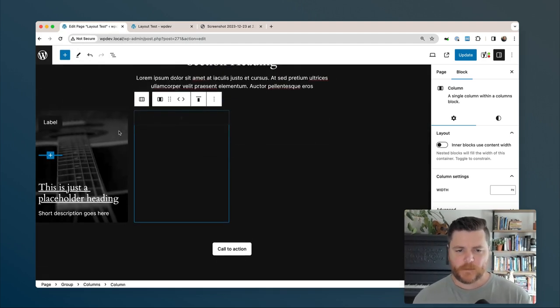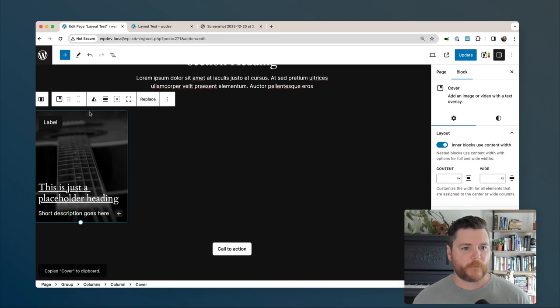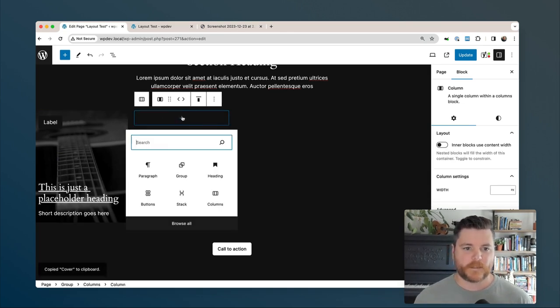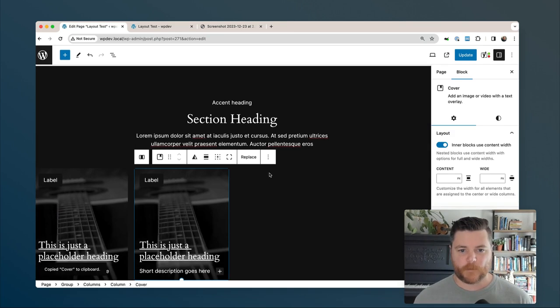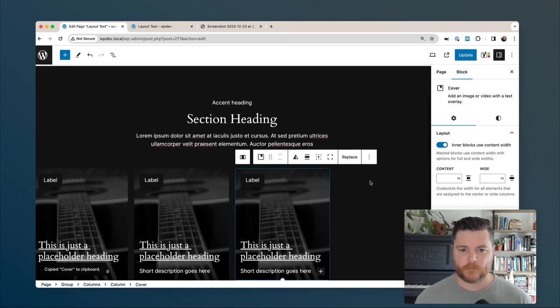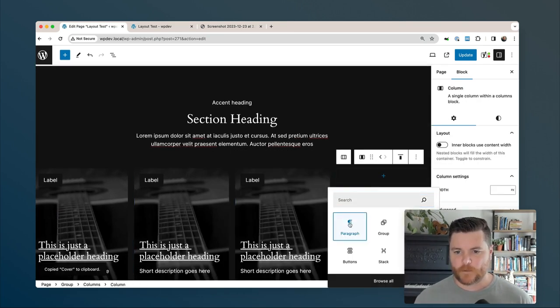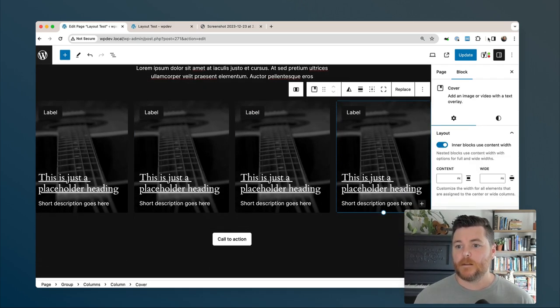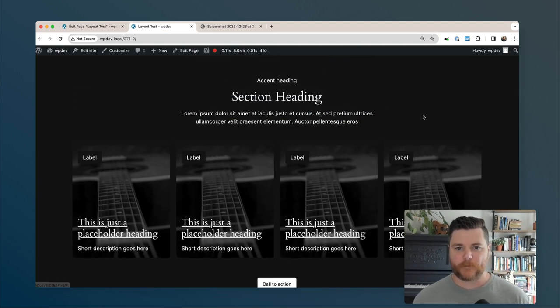Okay, so overall, I think the layout's pretty simple to get. What we need now is that custom effect. So what I'm going to do is copy this with Command C, and I'm just going to paste 4 of them. This weird thing where you have to put in a paragraph is not my favorite. Let's update. Let's do a quick refresh. Yeah, I mean,